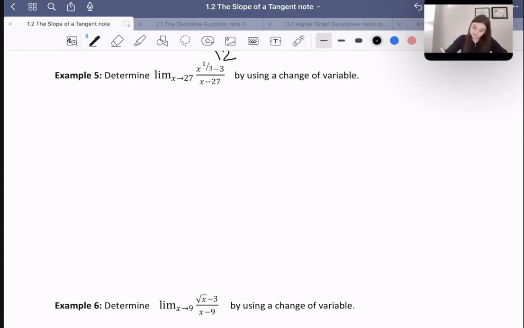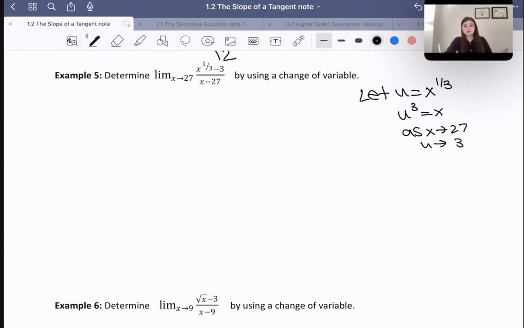So in this case, let's let u equal x to the 1/3. That means u cubed is equal to x. So as x is approaching 27, u is approaching just 3, right? Because the cube root of 27 is 3, right? Now the limit as u approaches 3 of u minus 3 over u cubed minus 27. That's going to be equal to